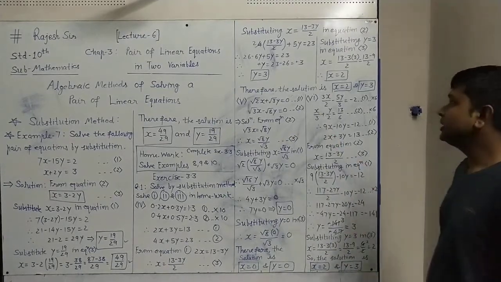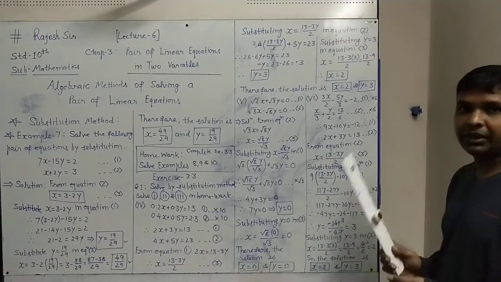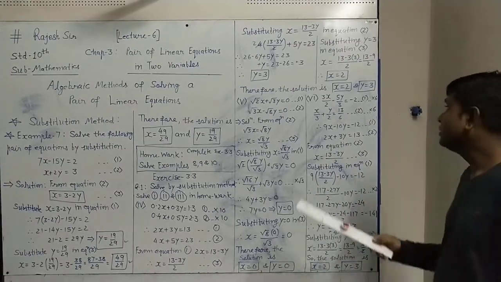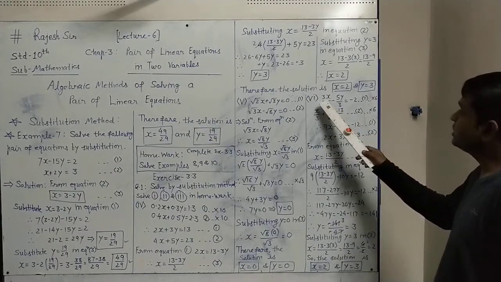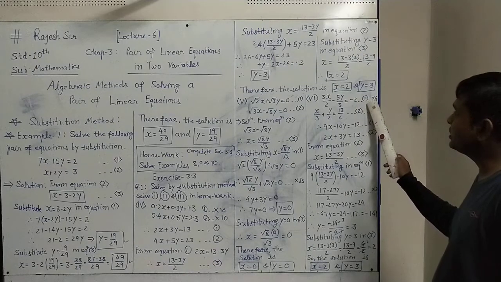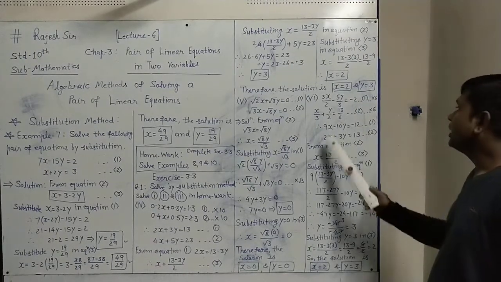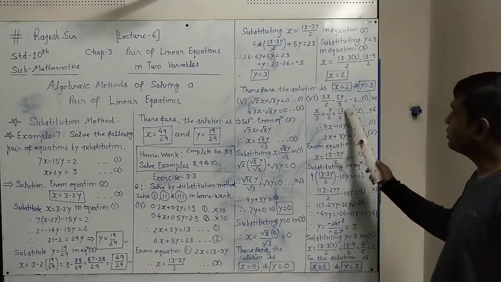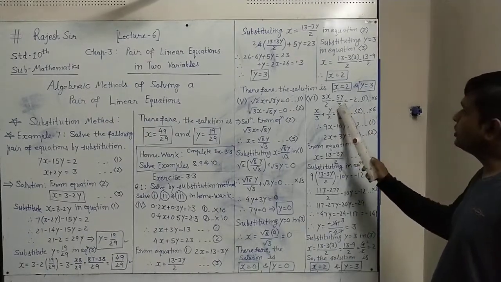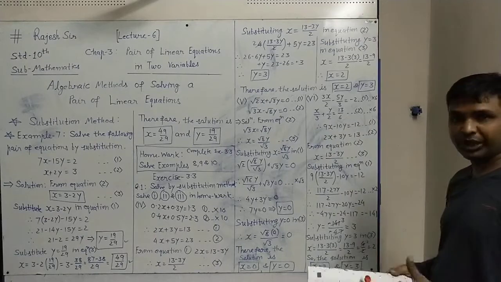Here the sixth number is in fraction form, so that also looks like some complicated way of the equation presented. So that I have solved here. It is the equation number 1 given: 3x by 2 minus 5y by 3 equal to minus 2. Say this as equation 1. And x by 3 plus y by 2 equal to 13 by 6, say equation number 2. Here upon 2, upon 3, upon 3, upon 2, upon 6 looking.